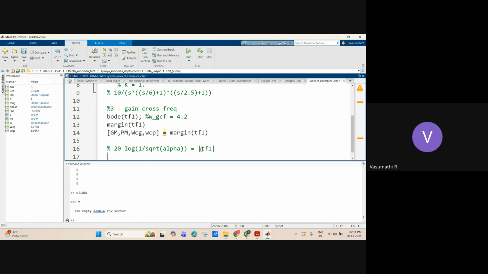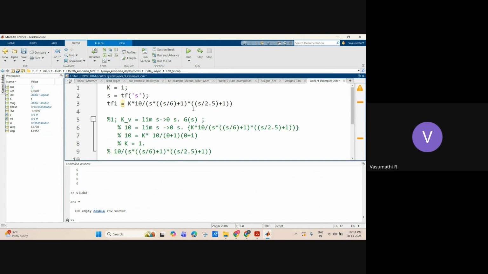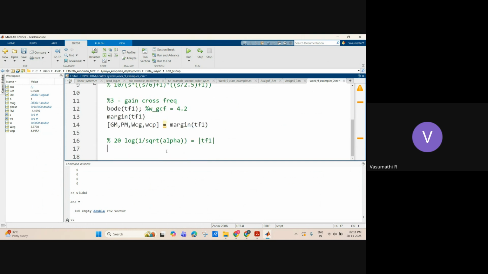You can calculate that by hand. It will be 10 by this value. Oh sorry, that's for the closed loop, the loop transfer function: 150 divided by s into s plus 6 plus s plus 2.5. That's what we have calculated here, right? 150 divided by s into s plus 6 plus s plus 2.5, that you have to calculate. It will give me 50 divided by 150 divided by 6 into 2.5. This will be